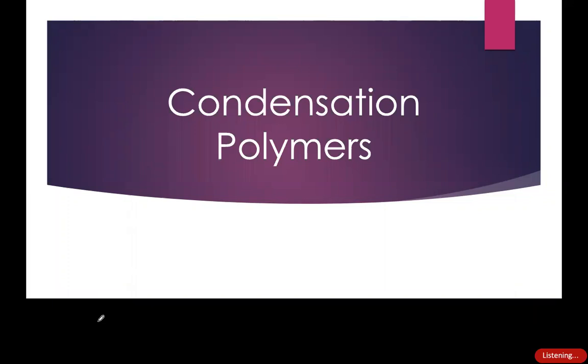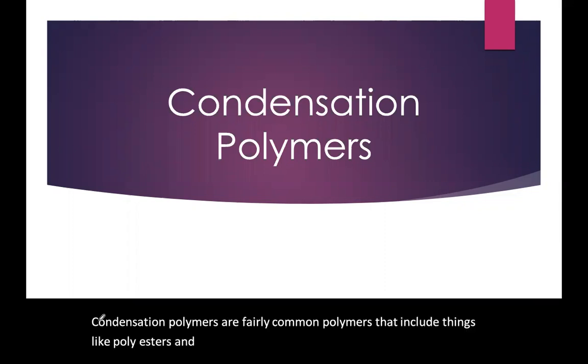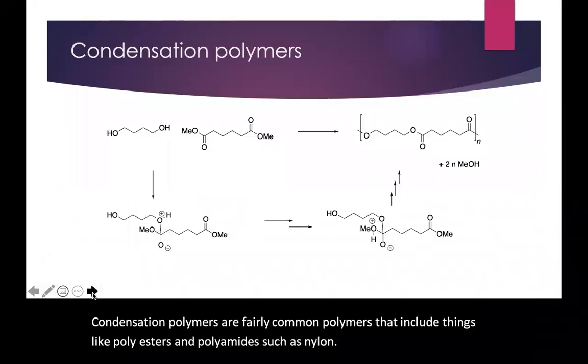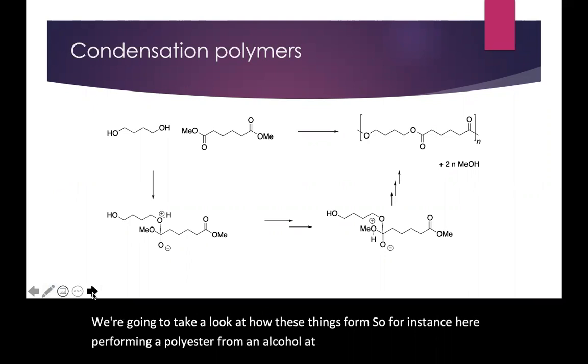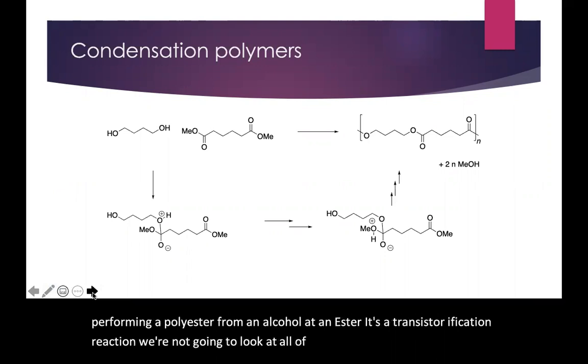Condensation polymers are fairly common polymers that include things like polyesters and polyamides, such as nylon. We're going to take a look at how these things form. So for instance, here we're forming a polyester from an alcohol and an ester. It's a transesterification reaction. We're not going to look at all of the details of the mechanism, because hopefully that's